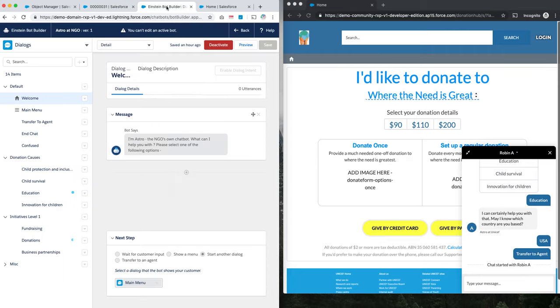This is a very basic setup, and to configure that we need to enable Salesforce Einstein, of course, and in the Einstein bot builder we can then set up certain dialogues and link them, and we can also make them intelligent by providing intent to those dialogues. So that's how, in a nutshell,